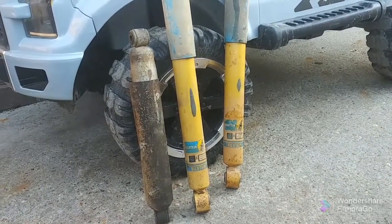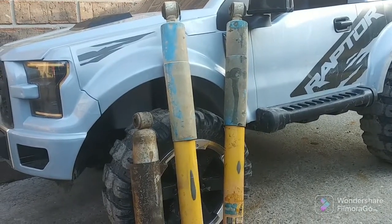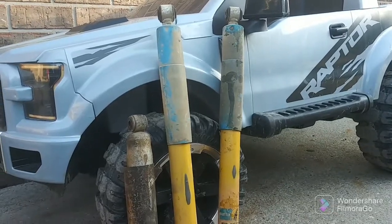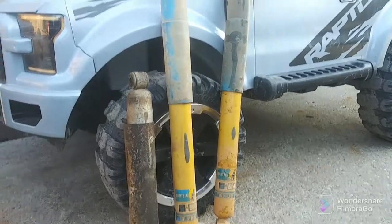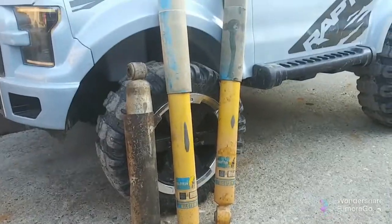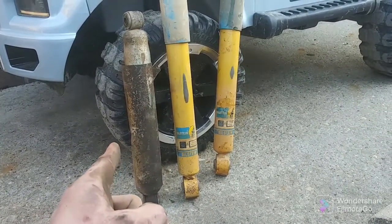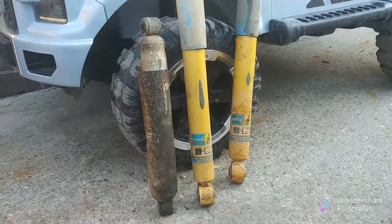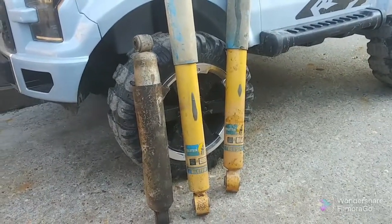Well, I got some shocks. These are used 4600 Bilsteins from a Chevy Silverado. They are not quite the length that I need, and they don't stuff as much as I need. But, as you can tell, my factory ones that have somewhere around 200,000 miles or so on them are just shot. So these would be temporary, and I may destroy them,